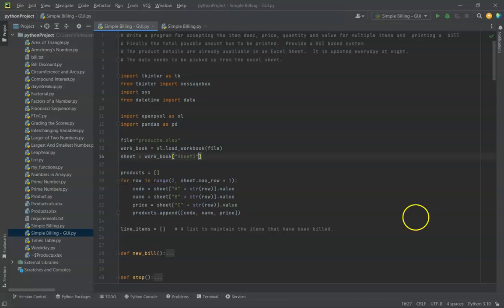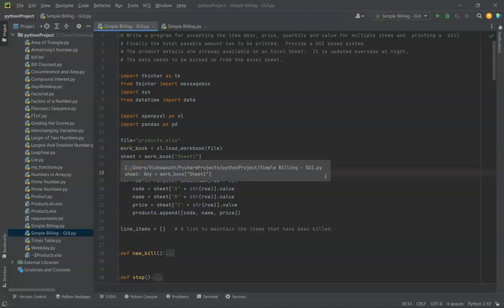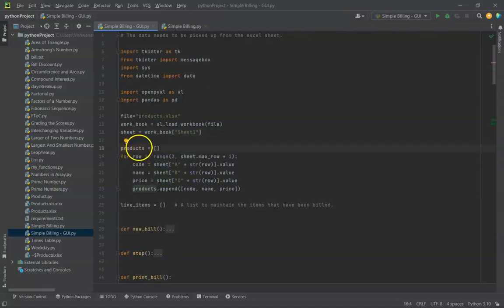Now it doesn't matter how many sheets that Excel workbook contains. Here we are specifying that we are interested in the first sheet and we are assigning it to sheet. Now I'm initializing the products as a list and I'm going through this sheet for row in